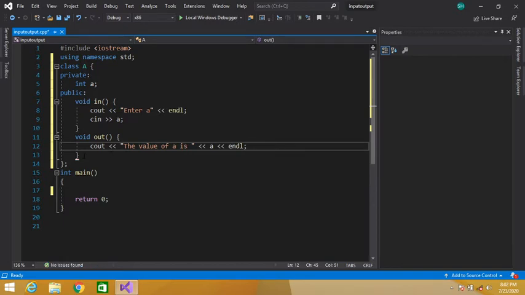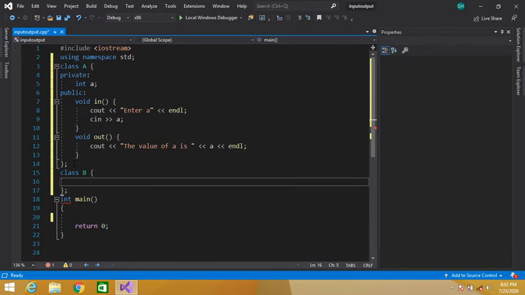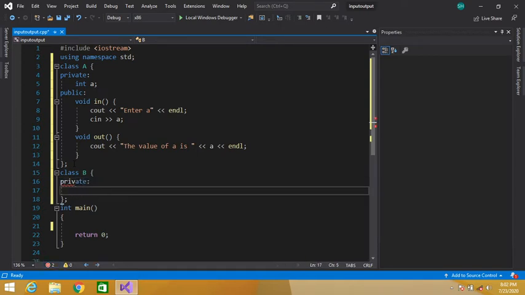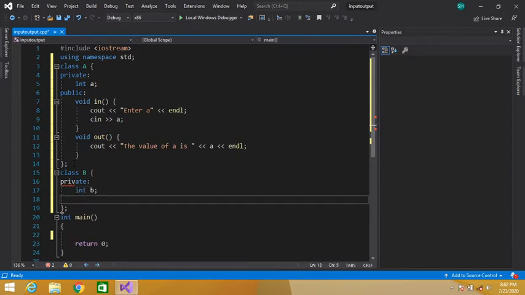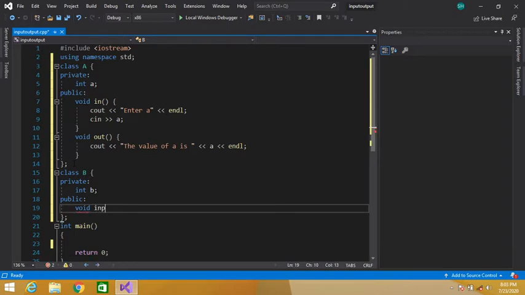Okay, let's define another class, class B. In this class we also have a private data member, let's say int B, and a public member function void input to input the value in the B data member of this class.